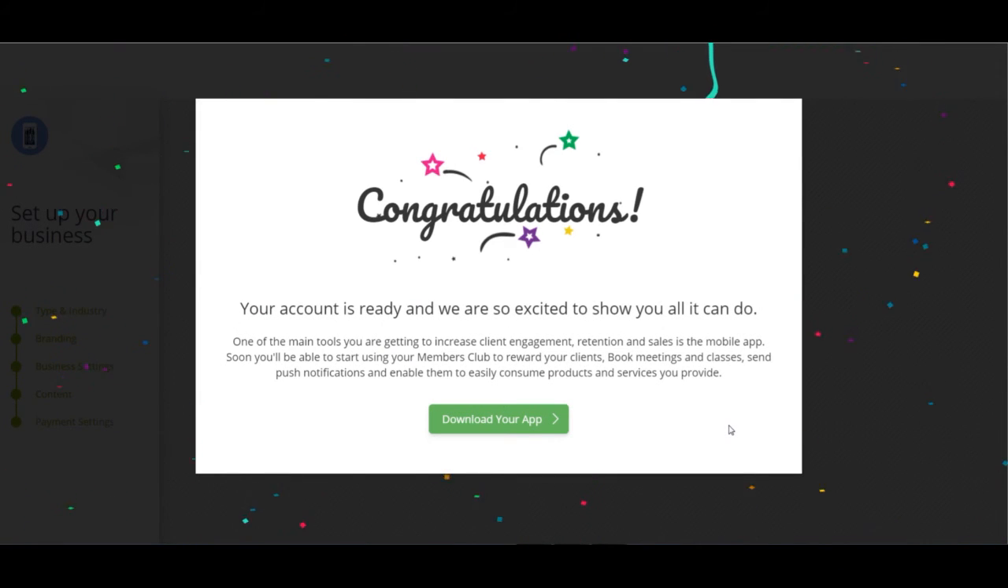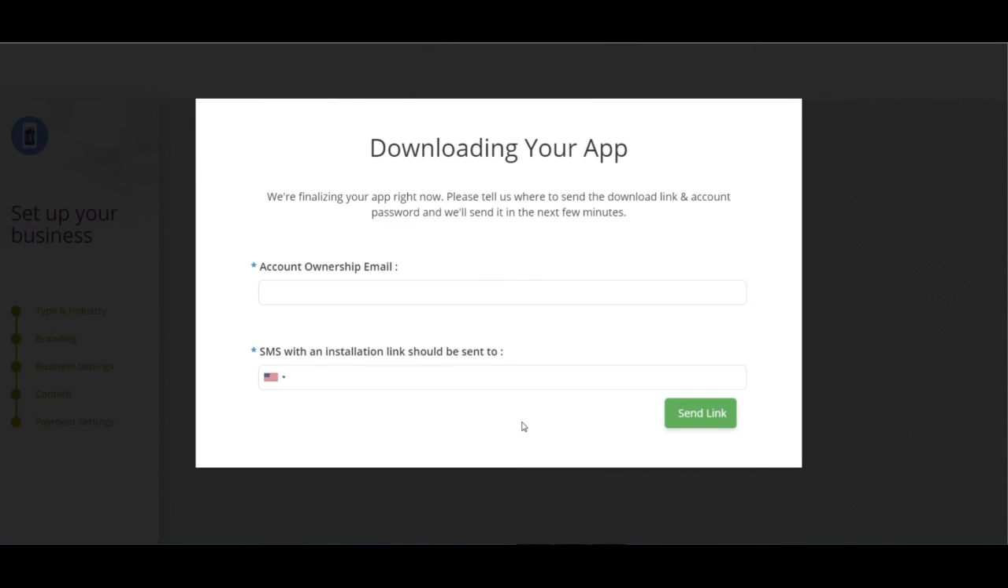And congratulations, what's happened is it's actually built out the skeleton of your app. You'll add in your email address, and then you'll add in your phone number, maybe to a cell phone, to your smartphone. And it'll send you a link. You'll be able to download your app, and you'll be able to get your workspace, and then you'll be able to make adjustments to your app, which I will